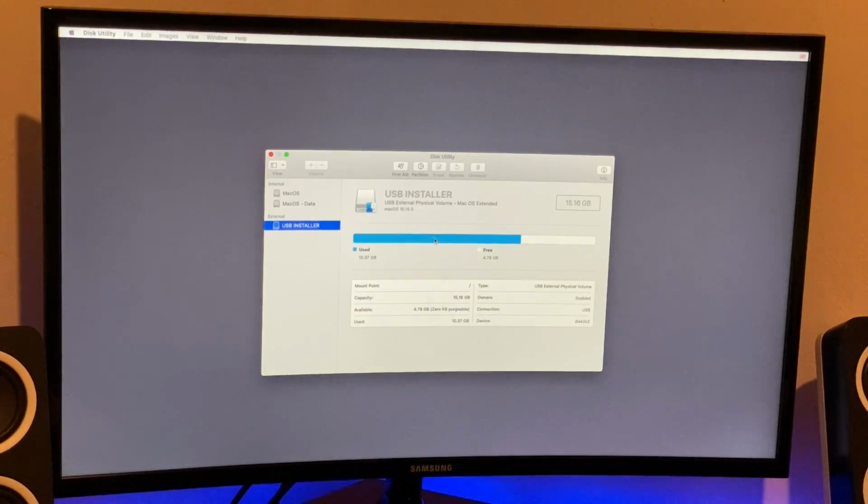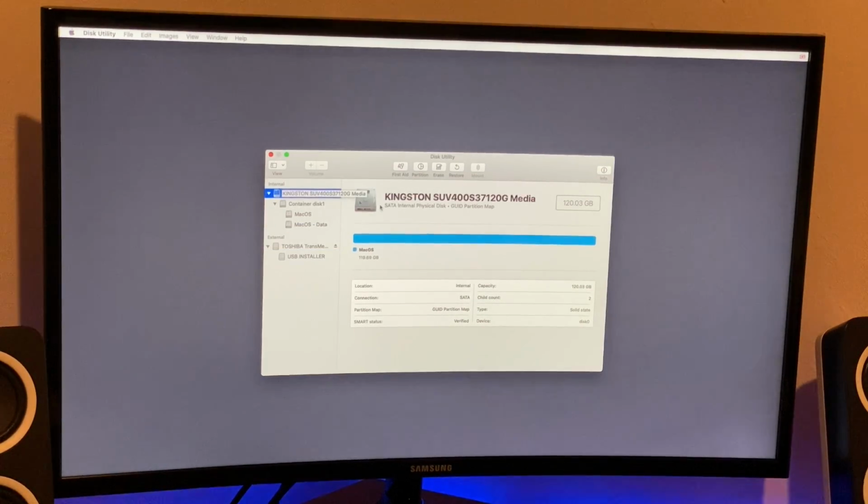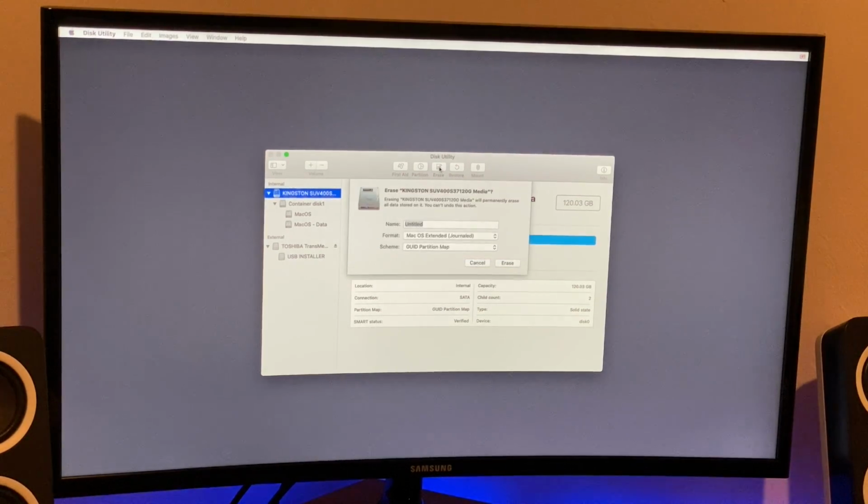And then what we want to do is double check that view and change it to Show All Devices. And then we've got internal and external. We're going to select our internal drive, and we can tell this is our internal because it's got 120 gig. Click Erase, and then what we want to do, we want to